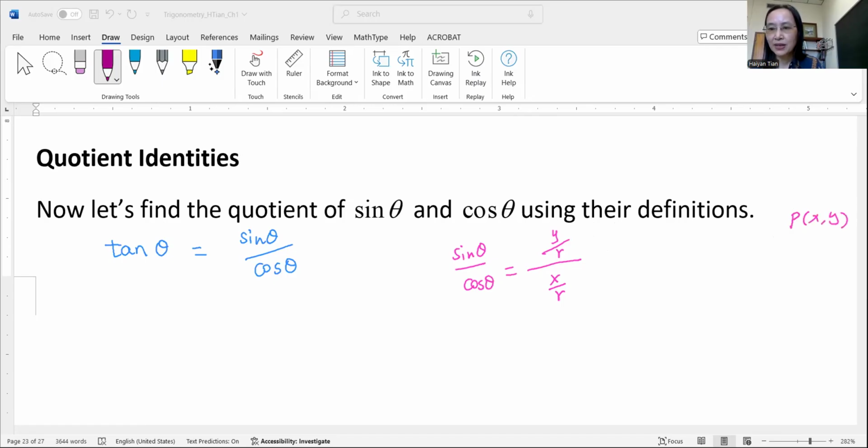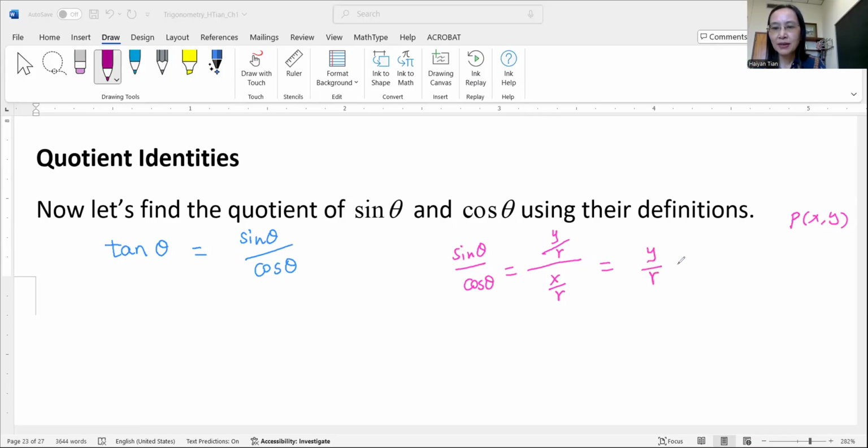The point has xy coordinates, and r is that quantity. That's the distance from the point to the origin. So r is always